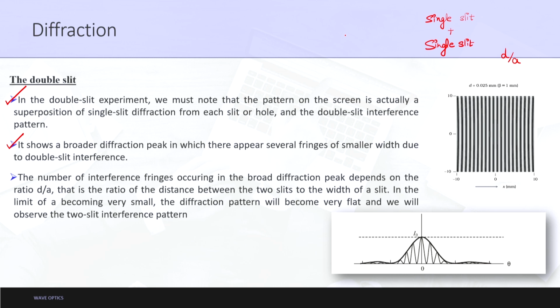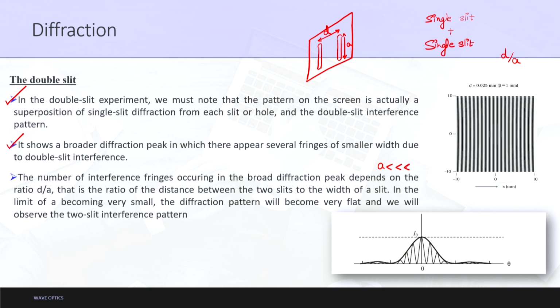Let me write it in a diagram so that it is understood more clearly. If this is the slit being talked about here, then small d is this value, the distance between the two slits, and small a is this value. So, this is the value of small d and small a. It depends on the ratio d by a, that is the ratio of the distance between the two slits to the width of a slit, in the limit of a becoming very small. So, now we are taking a case in which a is very small,